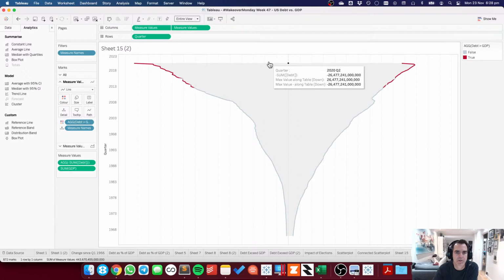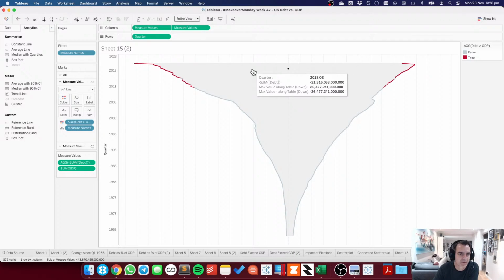Because what I want to do is I want to say, so the left side is, let's see, what is the left side? The left side is the debt. So I'm just going to say more debt. And maybe I'll do, I can fix this later. And then more GDP.